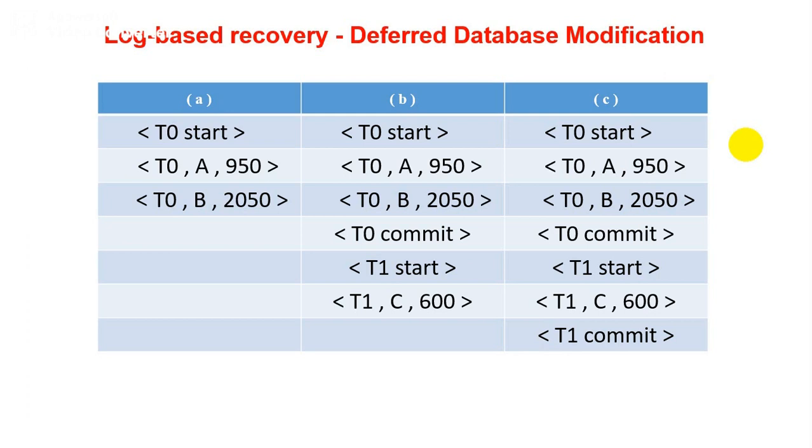If we perform T0, then we start with T1, because as discussed there are two transactions, T0 and T1. So let's see how the database modifies the C account information after T1 commits. As we know, it is mentioned C is equal to 600. So guys, as we discuss log based recovery and deferred database modification, you may have a doubt: sir, what is the way to explain a deferred database modification? So I will mention that deferred database means to take the information after successful commit.